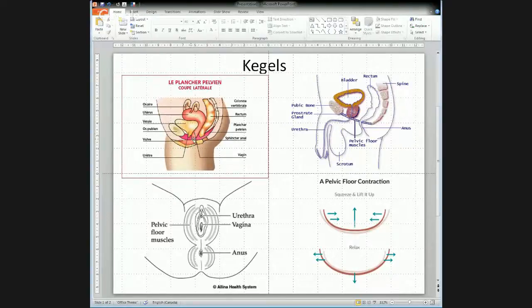In the female body, you'll see that the red part here is actually the pelvic floor. So when we talk about the Kegels, we talk about the pelvic floor. It was a Dr. Kegel who started talking about how the pelvic floor muscles were important. So that's why we call them Kegels. But it's the pelvic floor here that you see